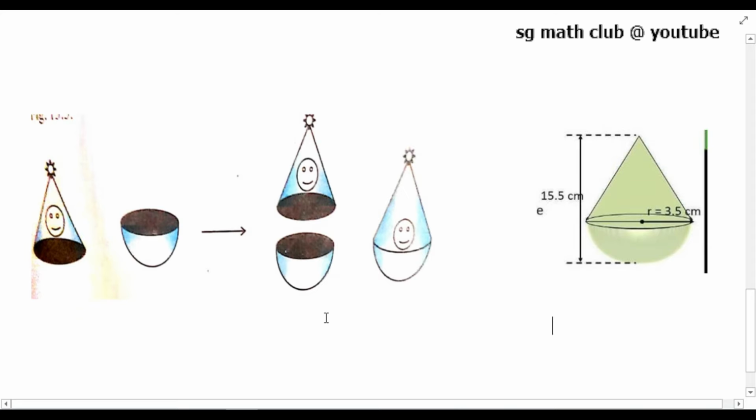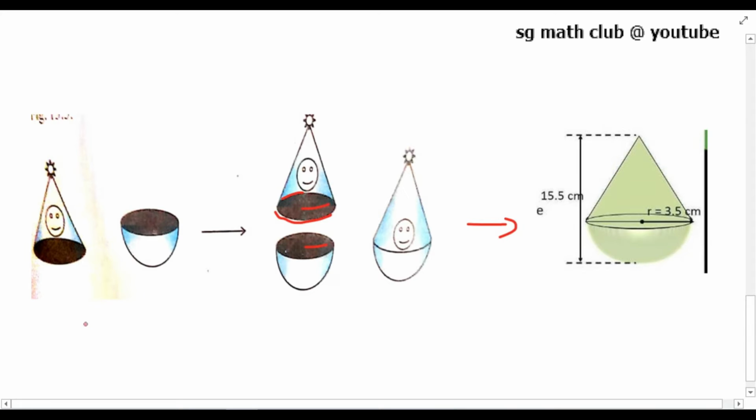Suppose we are making a toy by putting together a hemisphere and a cone. First we would take a cone and a hemisphere. Then you will bring their flat surfaces together, and the base radius of the cone and the base radius of the hemisphere will both be the same. So for the toy to have a smooth surface, the base radius of the cone as well as the hemisphere will be the same. Then we put them together, and we will get the toy like this.